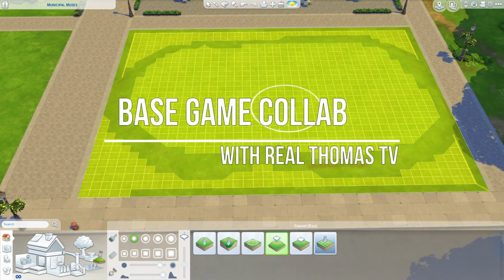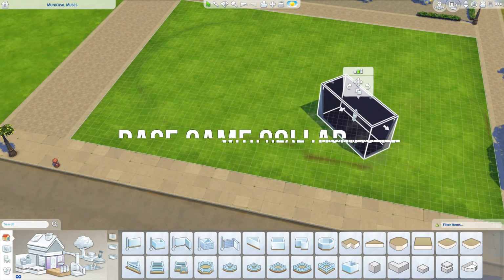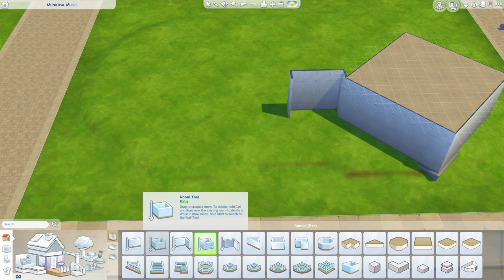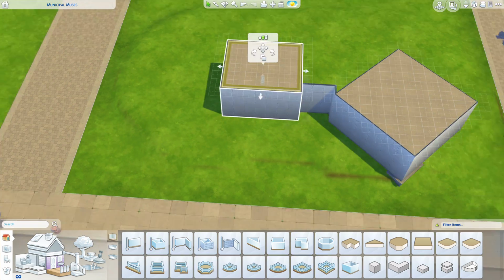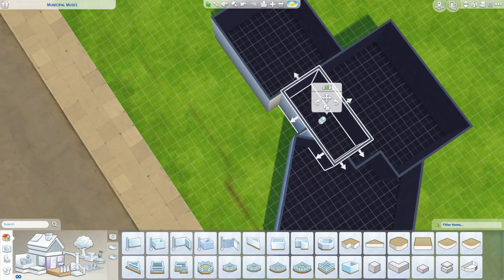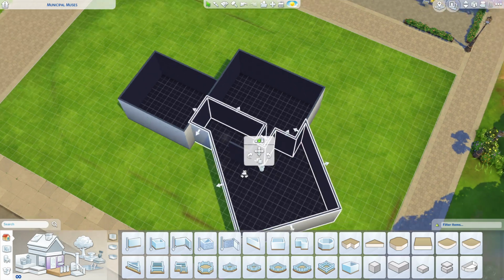As you can see, this is going to be a traditional speed build and not a stop motion because this is a collaboration with Real Thomas TV. I did the exterior and landscaping in partitioned rooms, and he is going to be furnishing the entire thing, and